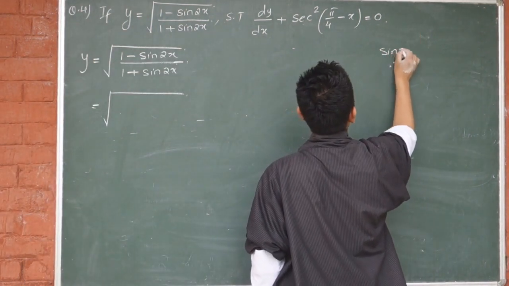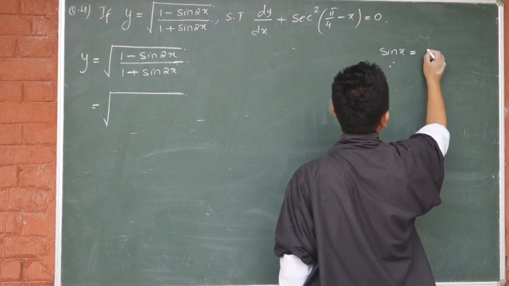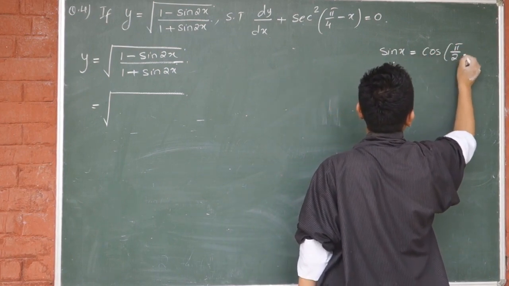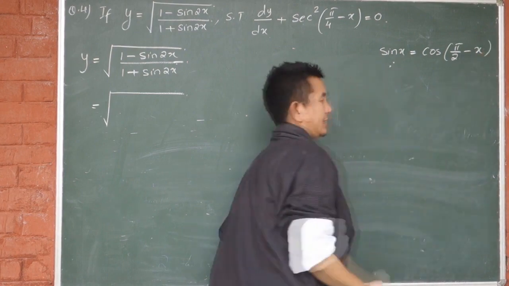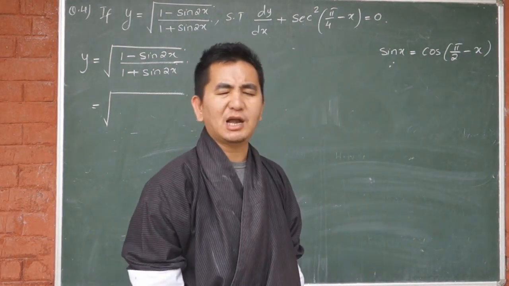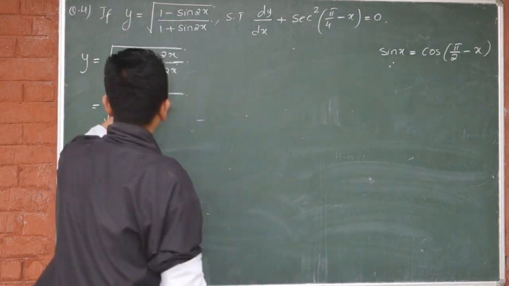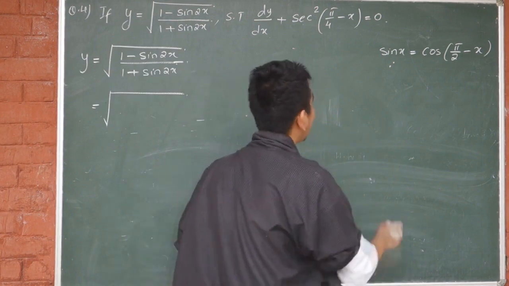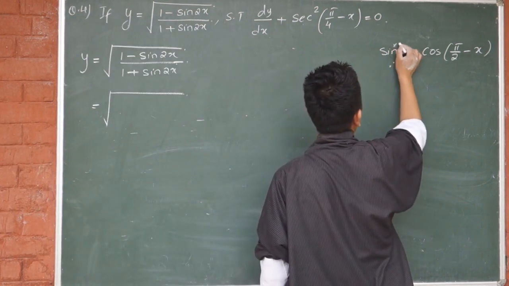If you remember, we have the identity sin x is nothing but cos 90 minus x. Is that right? Cos 90 minus x is equivalent to sin x. You must have learned in class 10. But the problem here is we have sin 2x. What is sin 2x? If I multiply here by 2,